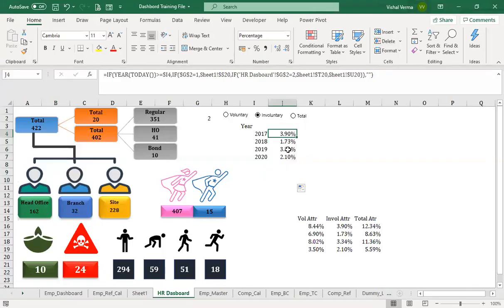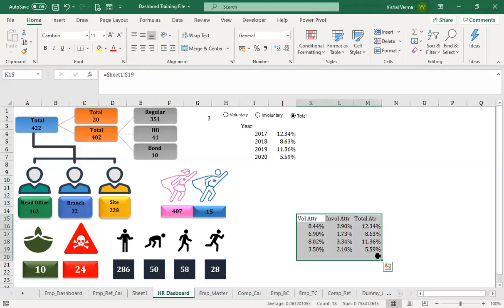So it is 3.1. I just forgot to freeze the cell. Okay, so when I dragged it, it actually changed the cell. 1.73, 3.2, and 2.0. Okay, if it is total 12.34, 8.63, 11.36, and 5.5.